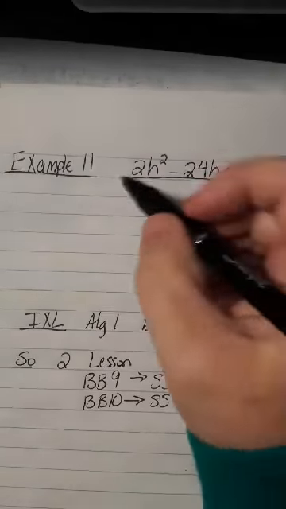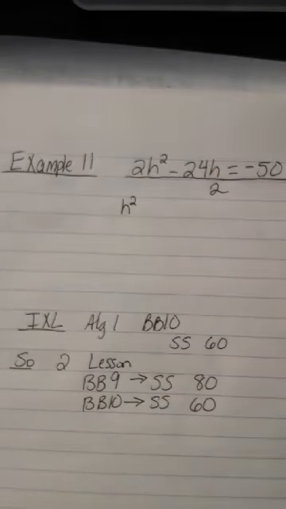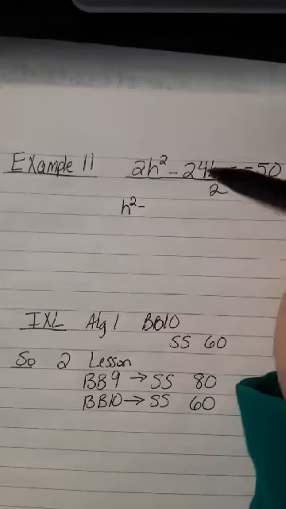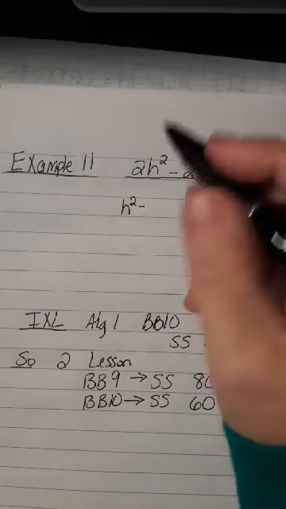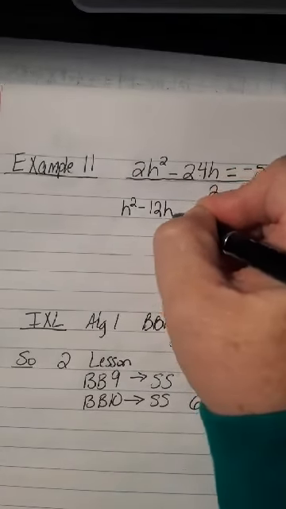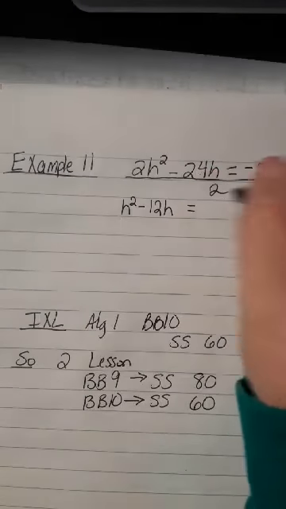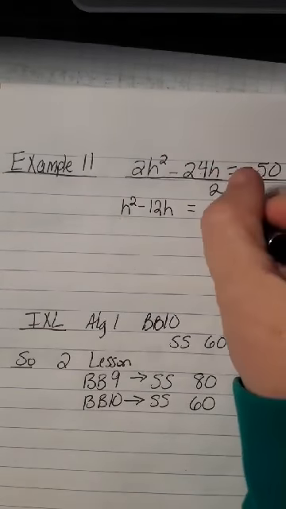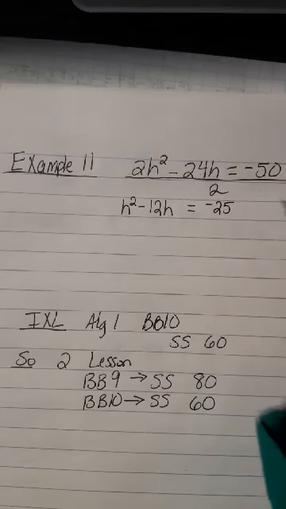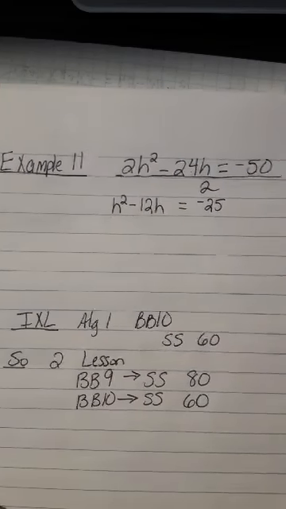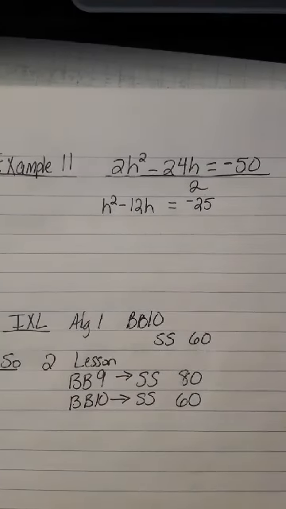2h squared divided by 2 is going to be h squared. The 2's cancel. Minus 24h divided by 2 is going to be 12h. And then equals negative 50 divided by 2 is negative 25. And then once you've done that step, it's just like all the others. So by now, hopefully, you're getting a little bit better at this. Okay, so